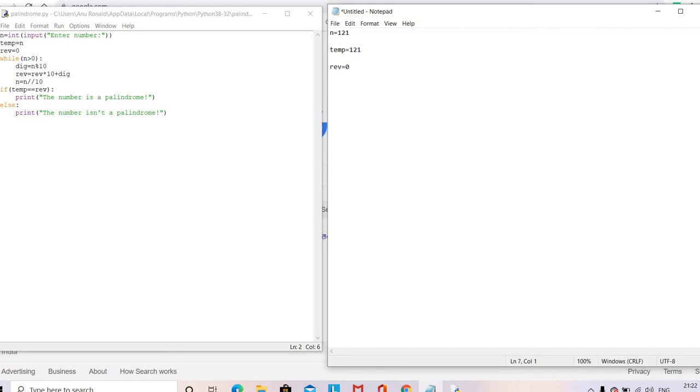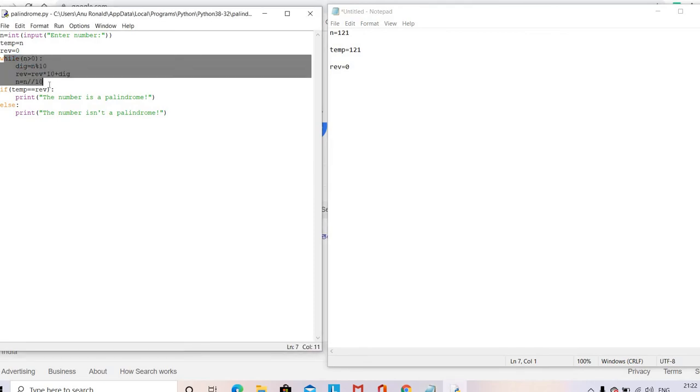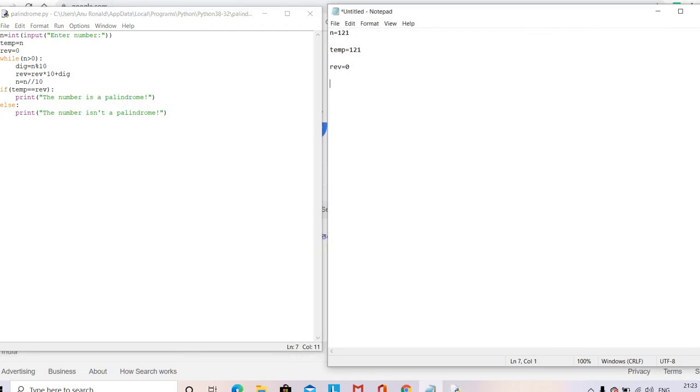Okay, reverse equal to 0 is also given. Then the loop, we are going to execute this loop, a while loop we are using here. The while condition given is n greater than 0. So this loop will continue as long as n is greater than 0. In the first case, we are checking n greater than 0. My number is 121.